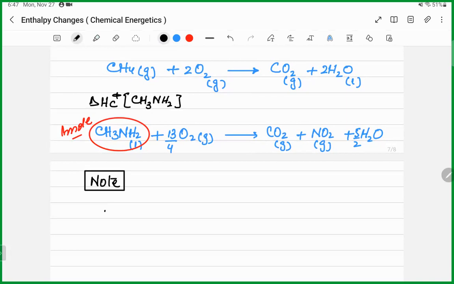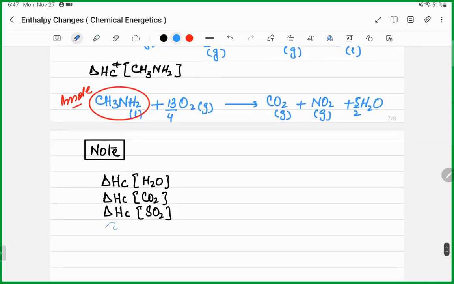So it means that enthalpy change of combustion of water, enthalpy change of combustion of carbon dioxide, enthalpy change of combustion of sulfur dioxide, and most importantly, enthalpy change of combustion of oxygen, what will it be? This is 0. Carbon dioxide is actually the combustion product. Carbon dioxide, water, sulfur dioxide, these are combustion products,